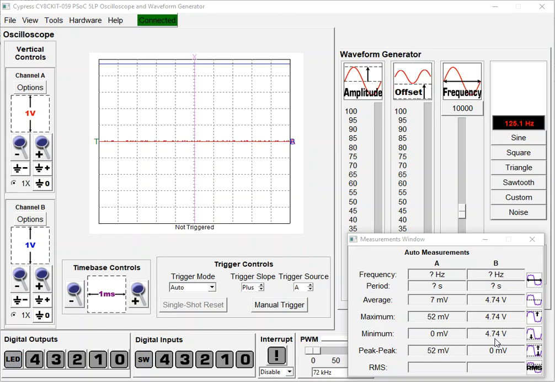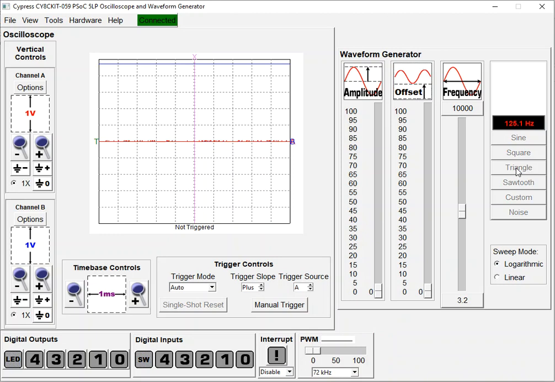So if we want to see the Schmitt trigger in action, it's best to use a triangle wave and bring our amplitude up to 100%. And so you can see that when the voltage is above a certain value, the output is 0 or close to 0. And when it's below a certain value, the output is high. If you notice, though, that the trip point here is not the same as the trip